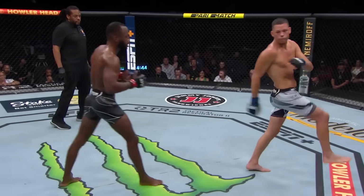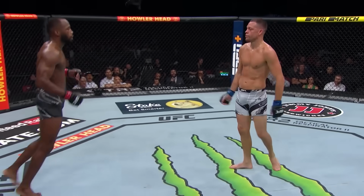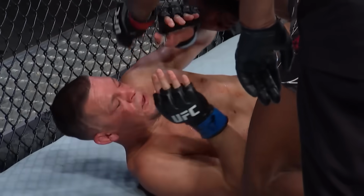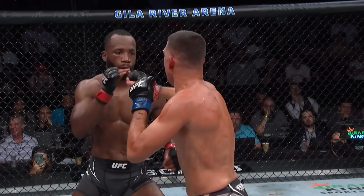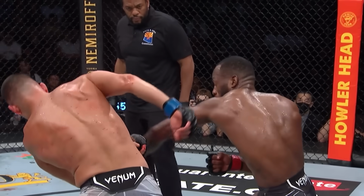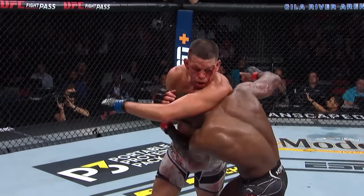But this is earlier. These leg kicks were on point for Leon Edwards throughout the course of this fight. I mean, let's not take away from what really happened. That was a crazy 5th round, but the majority of this fight was owned by Leon Edwards, slicing him open, had takedowns, scored leg kicks, boxing on point, body kicks. But Nathan Diaz, as usual, delivers where he's never, ever out of a fight, and almost came through there